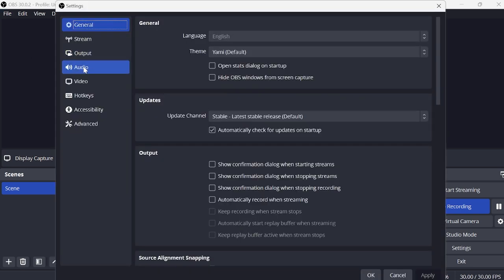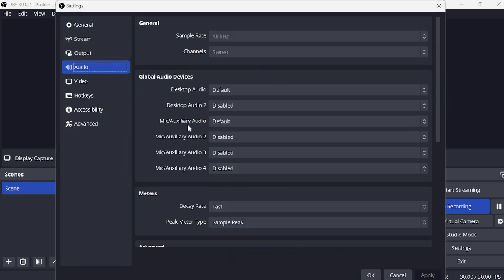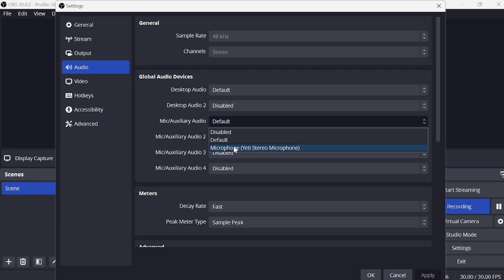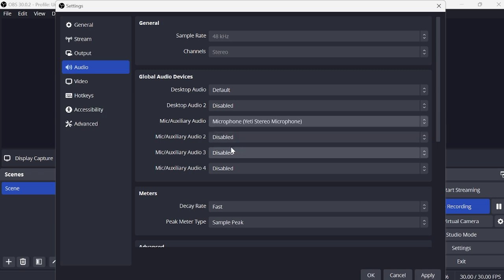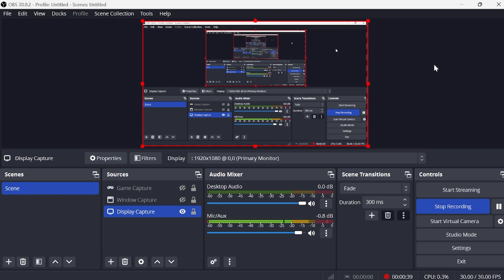Now you'll first need to come down to Audio, and over in this Mic and Auxiliary Audio, you need to ensure that our microphone is set to the default device, and then we can go ahead and press Apply and OK. So now that we've set our microphone to the default device, you should see your microphone down here in